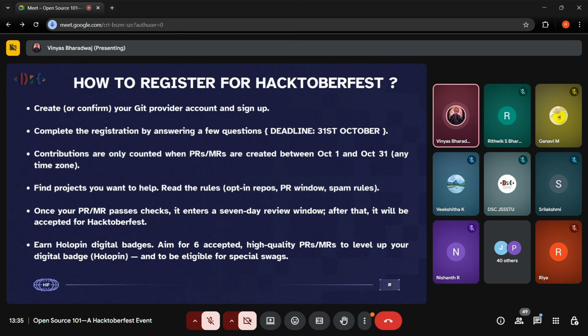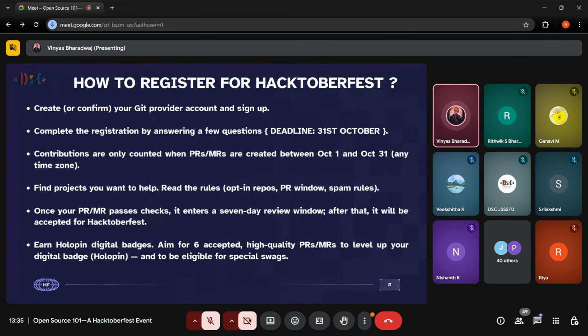And a merge request is basically when you create a separate branch, you make changes in that branch, and if you want to merge the separate branch with the main branch, you create a merge request. Both of them are quite similar and they have very similar use cases, so I don't think you need to know the nuance between them. And as my friend Ritvik said earlier, we can have a complete Git and GitHub session later if you guys want us to have one.